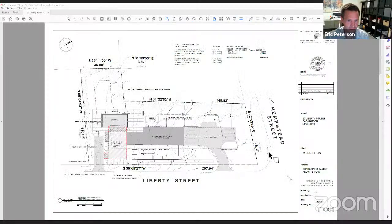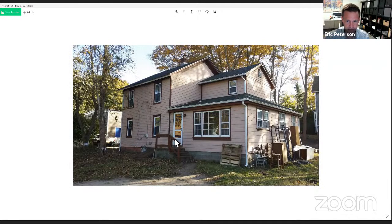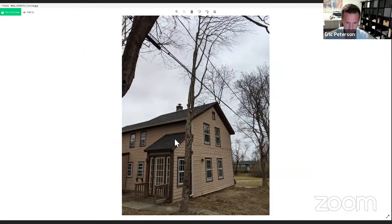So this is the proposed site plan, and I was hoping also to show the existing house just as a starting point. This is taken from Liberty Street, the northeast corner, and so existing structure, 2-story. That's the rear side facing south. And this is the uphill view from Liberty. So just as a way of reference,